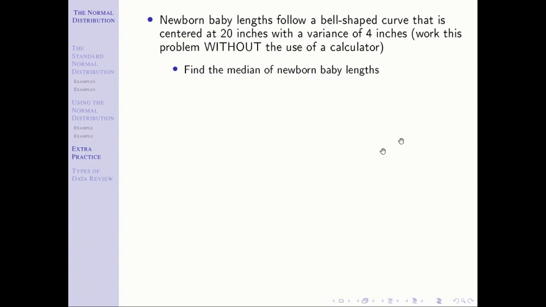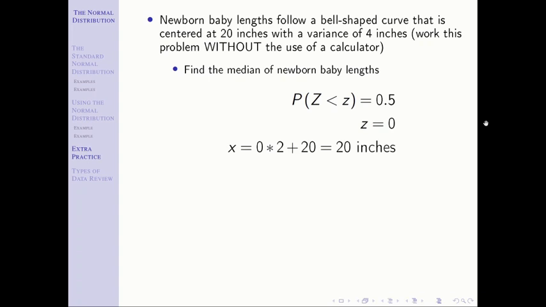The median length is the z-score that separates the top half from the bottom half. And so I would go inside the table to find 0.5. That leads me to a z-score of 0. This one you might not have needed the table for, because you know if we're separating the top half from the bottom half, that's a z of 0. And then the question is, well, what is the x for that? Well, we can unstandardize that. You may have already got here. It's actually just the mean of 20 inches, which we've covered previously, right? That the mean and the median of a normal distribution are the same thing.